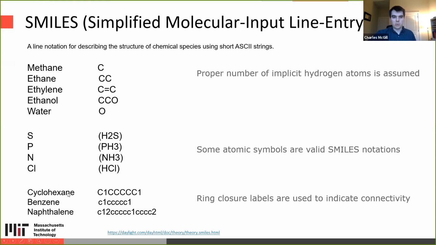So that's the difference between cyclohexane and benzene here. You can also have multiple rings going on at the same time, like for naphthalene shown here, where you have a 1 ring and a 2 ring going on in the string. So SMILES strings can be used to represent lots of different molecules of incredible complexity.